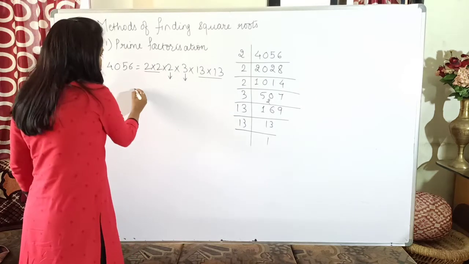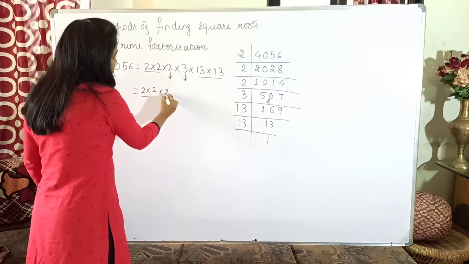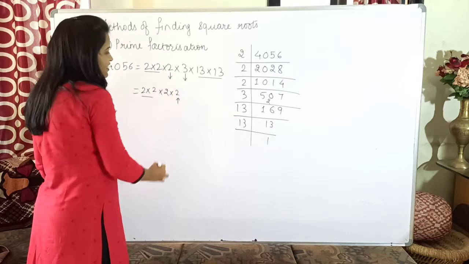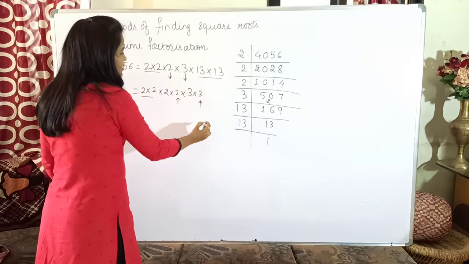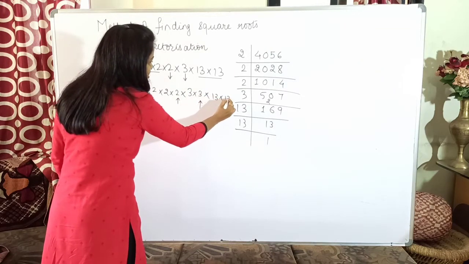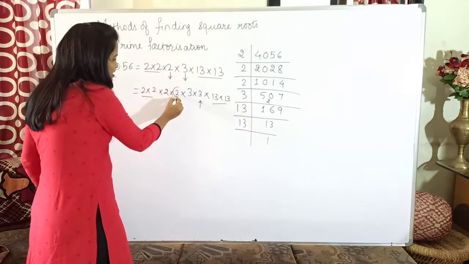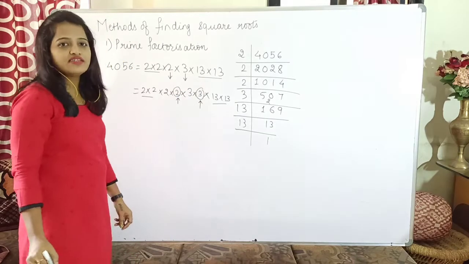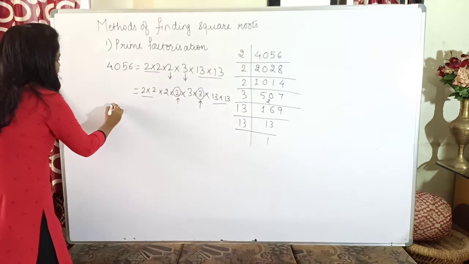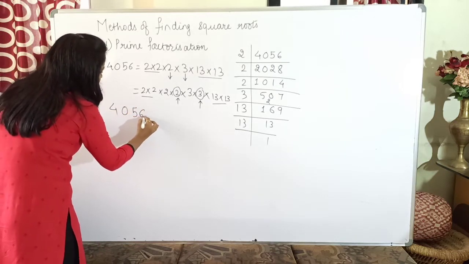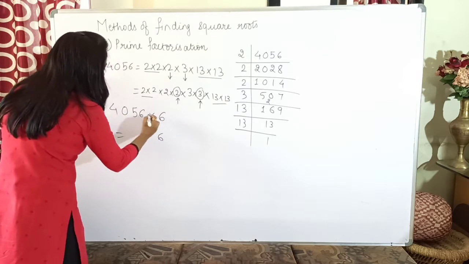So this first pair is okay. For this 2, I have to multiply it with one more 2. So this 2 I have multiplied extra. Similarly for this 3 also I have to take one more, and the 13s are already in a pair. So to make the given number a perfect square, I have multiplied it with two numbers, 2 and 3, which means what is 2 into 3? 6. So if I multiply 4056 with 6, the number I will get will be a perfect square.